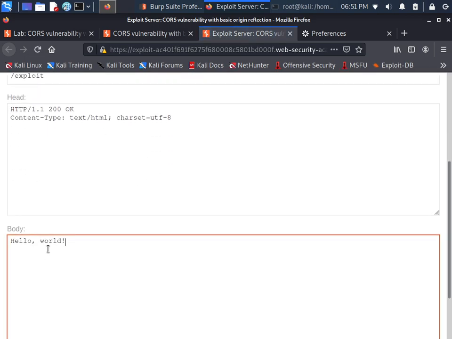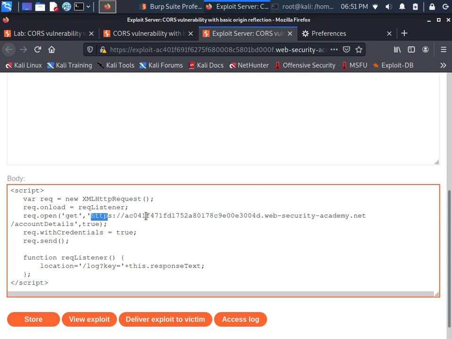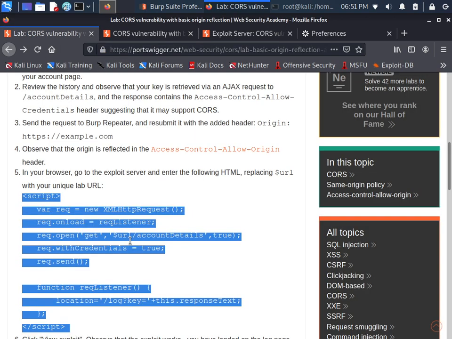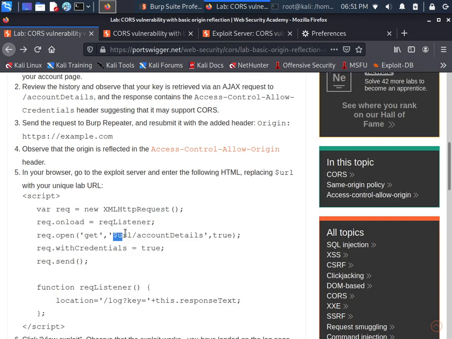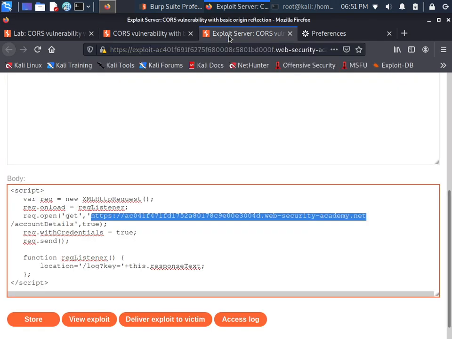Copy this entire code and paste here. Replace the URL parameter with your lab URL. I already did it and you can see here, right?